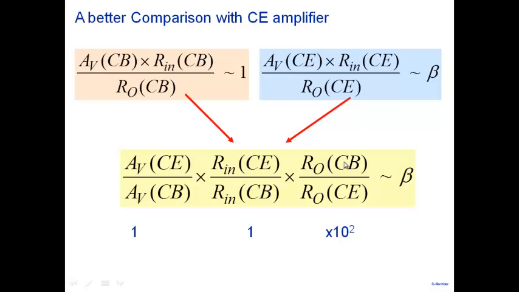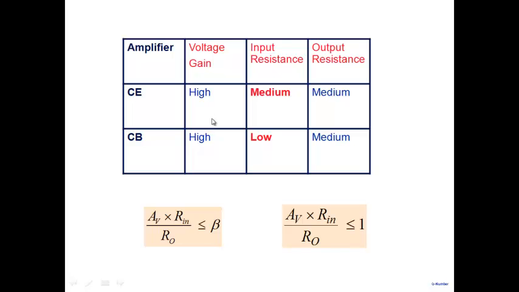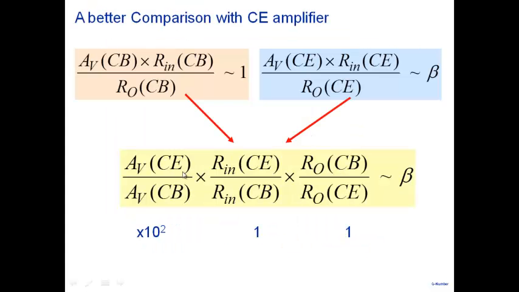And I'm sure what you can do is the following also. For comparable values of input resistance and output resistance, common base amplifier gives me 100 times smaller gain. So you know, all of these are the same here. So what I'm trying to say is, this picture is limited, is only focusing on one, but we know that there's a trade-off between gain, input, and output resistances, and this is a better way of looking upon the whole thing. That you know, the ratios is equal to beta, and depending on how I look upon it, the common base either suffers in gain, or it suffers in input resistance, or it suffers in output resistance, as compared to